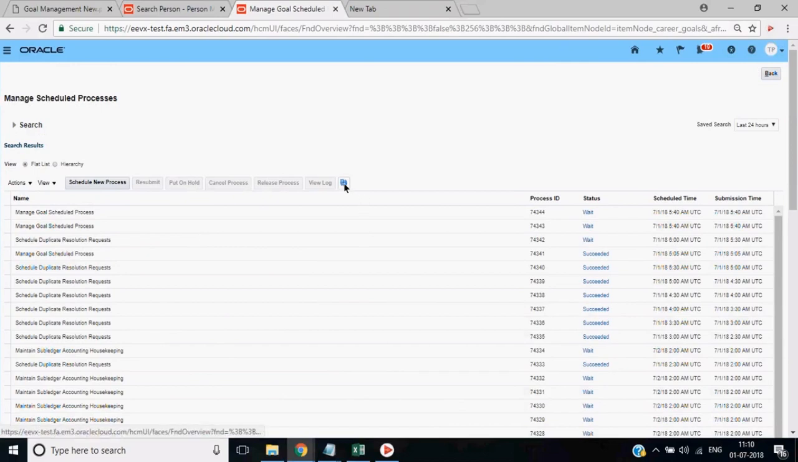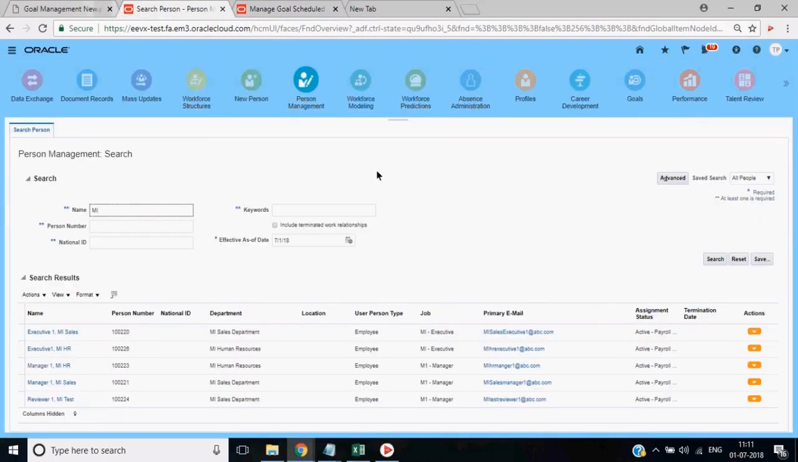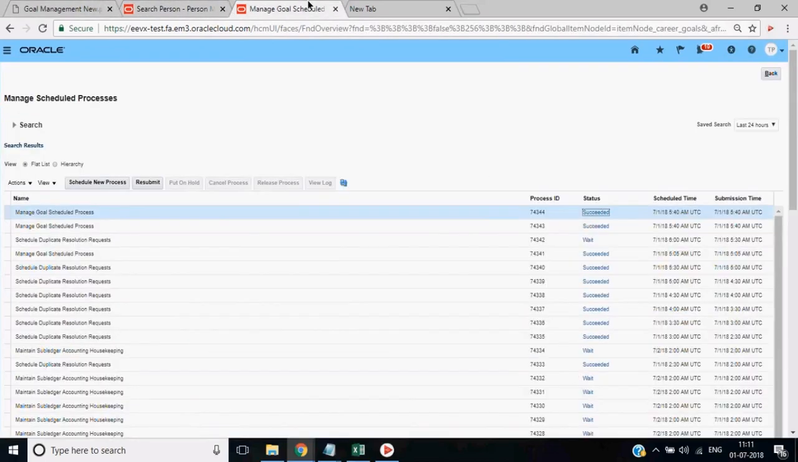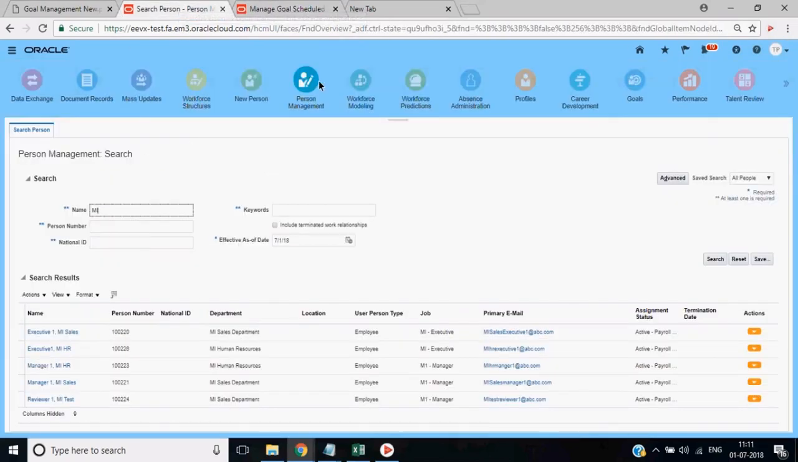Okay. It has asked me to wait. So this is the manage goal schedule process that we were running. Once you see it has succeeded, then we'll go and check at a particular employee level. Okay. This is now in succeeded state. Correct? Okay. So now let us go to